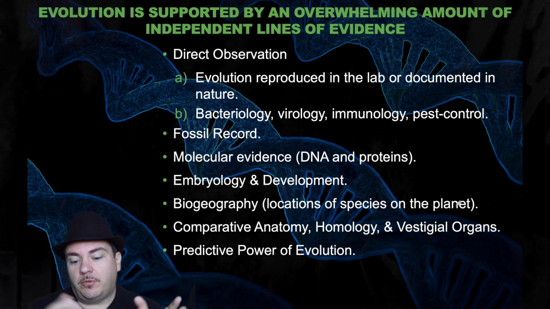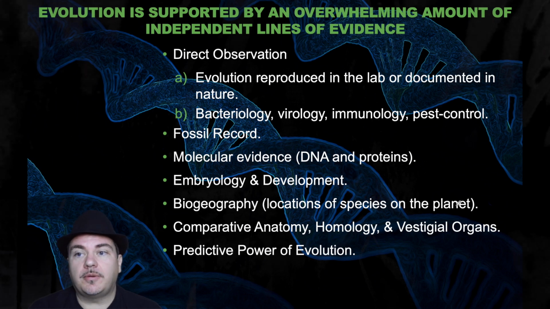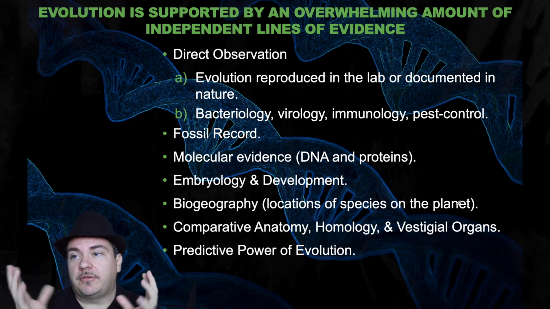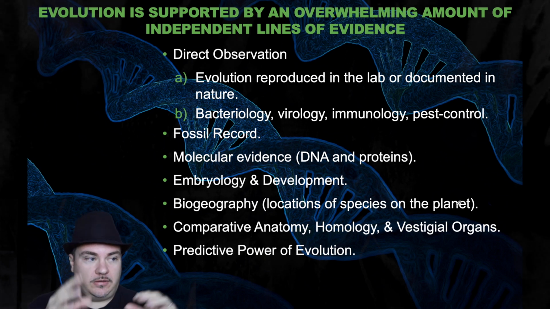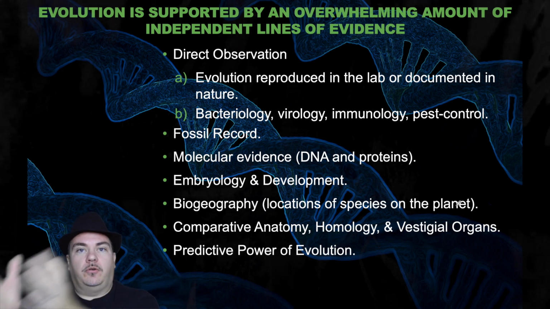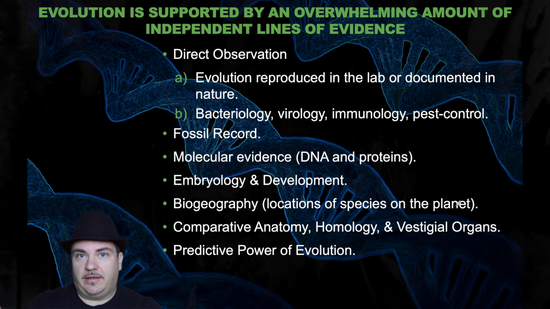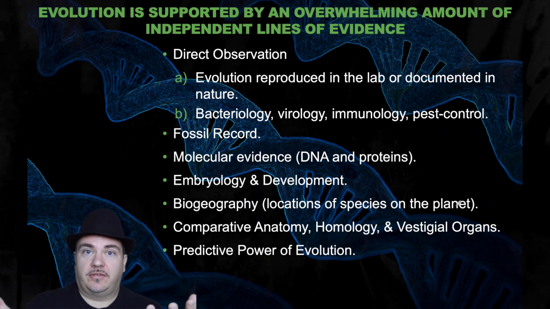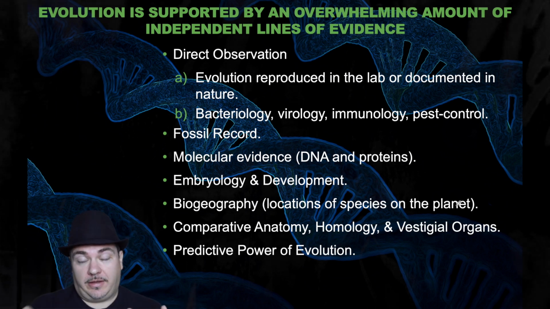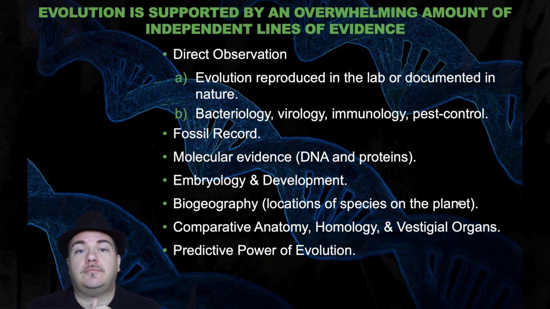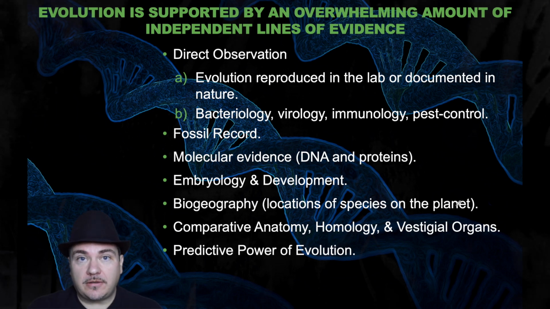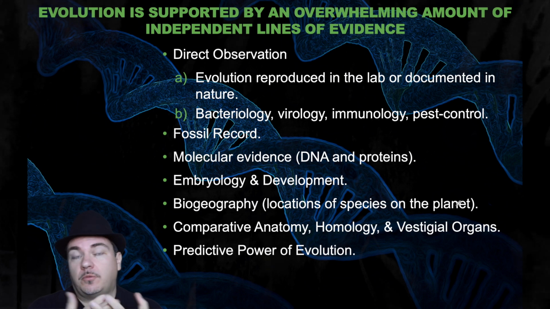For example, and we'll talk about this later in the semester most likely, there was a prediction that there should be a transitional species between the organisms that lived in the ocean and the organisms that started to walk on the land. We predicted it should exist. We predicted what it should look like, kind of a mix of the two, a fish and a land-walking mammal. And we predicted when it should have been living and what region of the planet it should have been found in. So what did the scientists do?